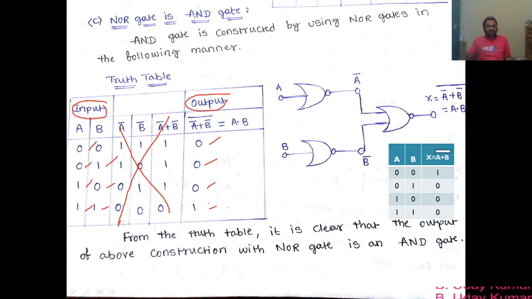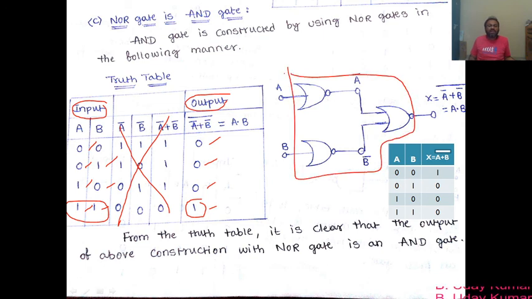From the observation, you just check it out, the output is high only when the inputs are high. So this is nothing but the truth table of the AND gate, right? That means this entire configuration or combination of NOR gates acts like an AND gate now. Since it acts like an AND gate, you can simply say that for inputs A and B, the output becomes A dot B. So that means A bar plus B bar whole bar is equal to A dot B.